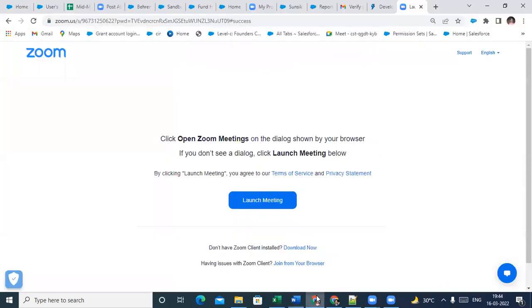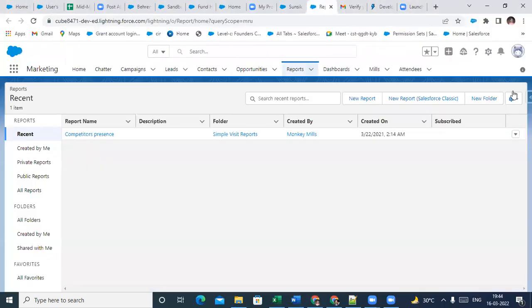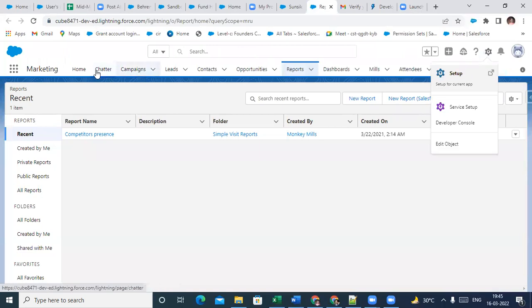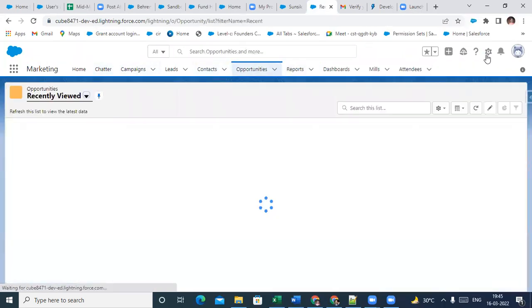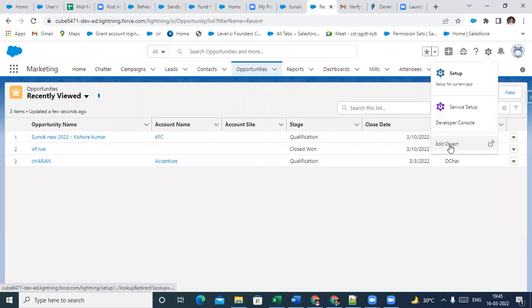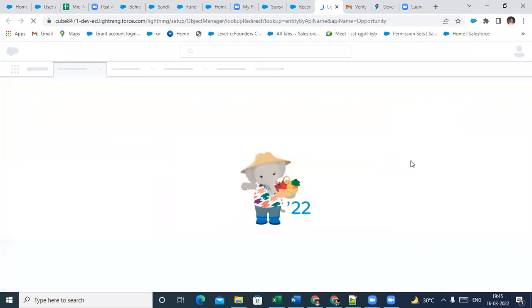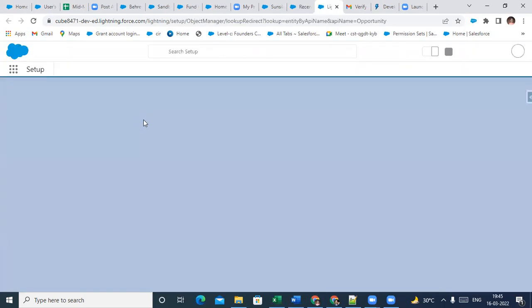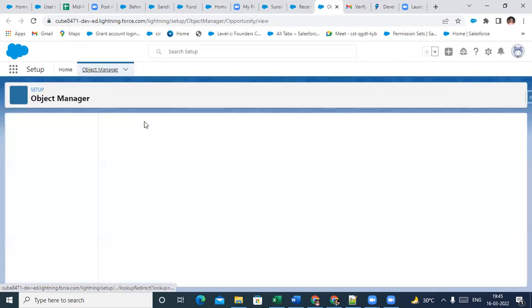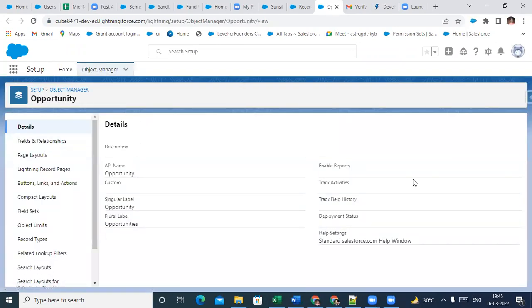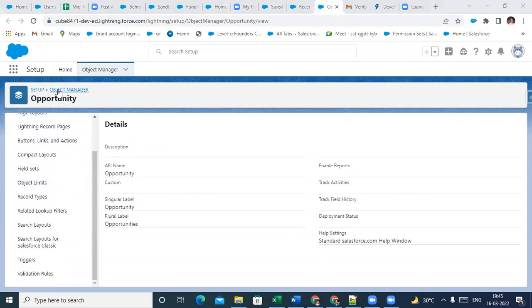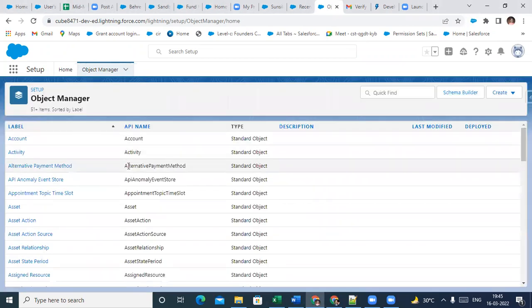So if you go to Salesforce and take any object and go to edit object, I'll be able to see this object, but I cannot delete this one. I will not have an option to delete. But if you take any custom object,